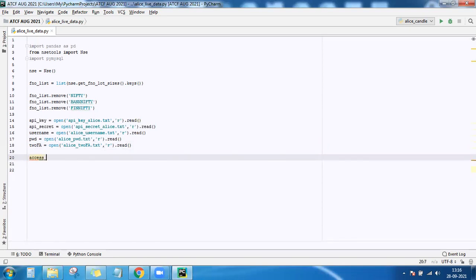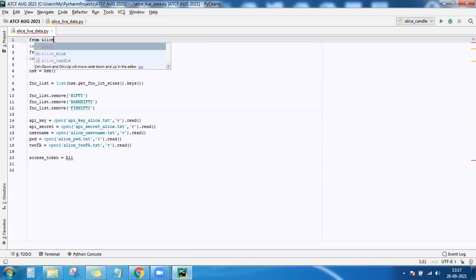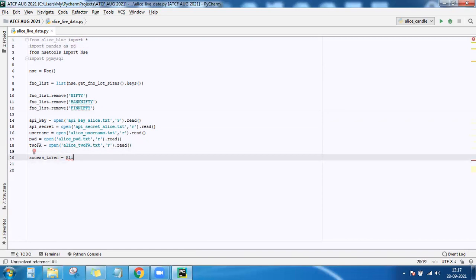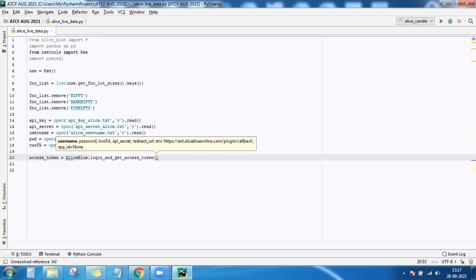So access token is equal to, from Alice Blue import all the modules. Like how we downloaded the modules, the same thing: you go to the search bar, search for Alice Blue, and then download and install it. So Alice Blue dot login and get access token. This is what we want.